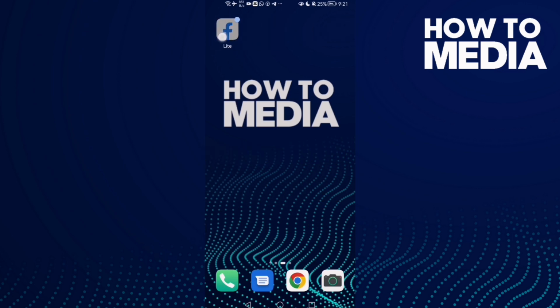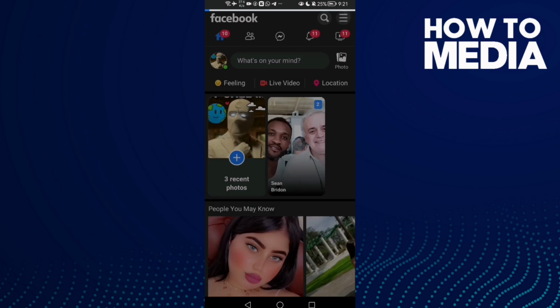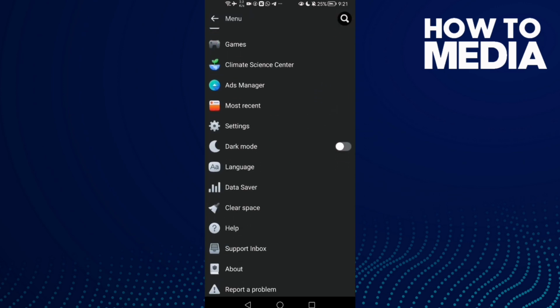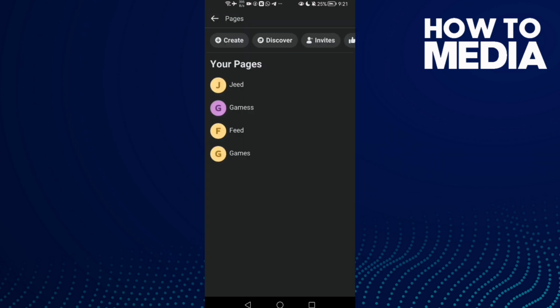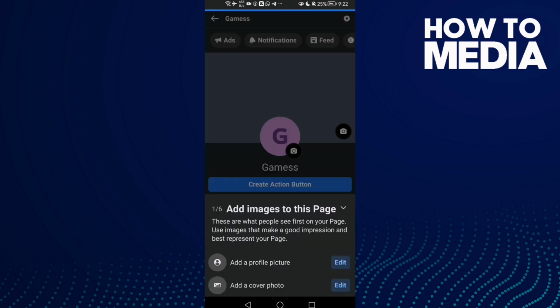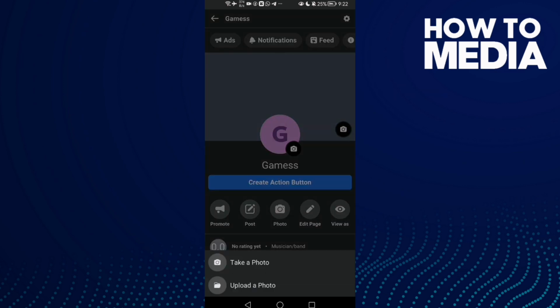First thing, go to Facebook Lite. Here you will find these three lines in the top corner. Click on it and then just click pages, and then select your page here, any page you want, and then just click here on your cover photo and click upload a photo, and then you can upload it,